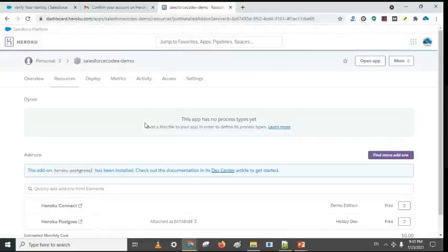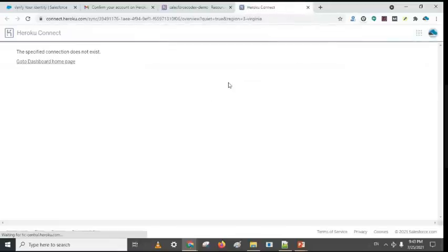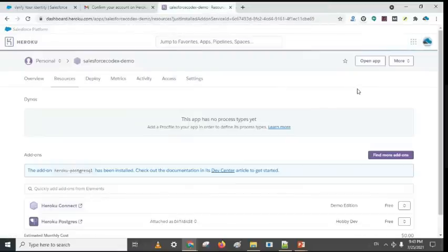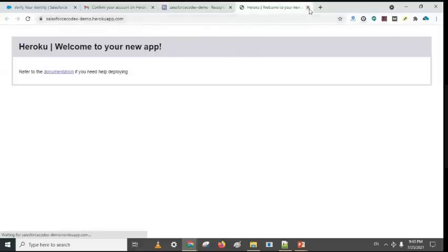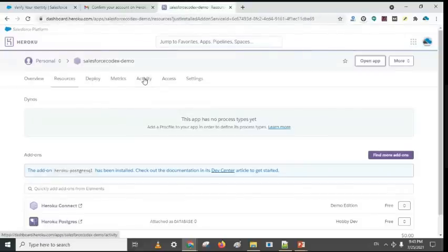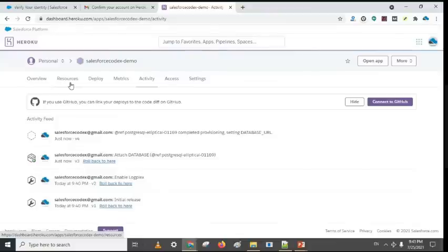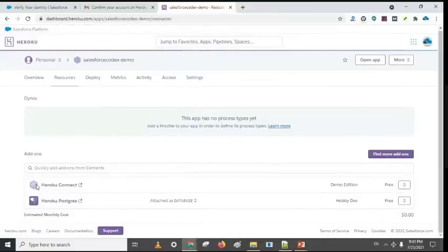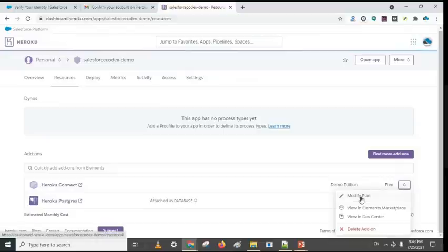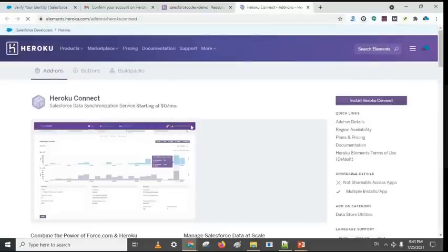No problem, let's refresh it. Testing the database, Heroku Connect.